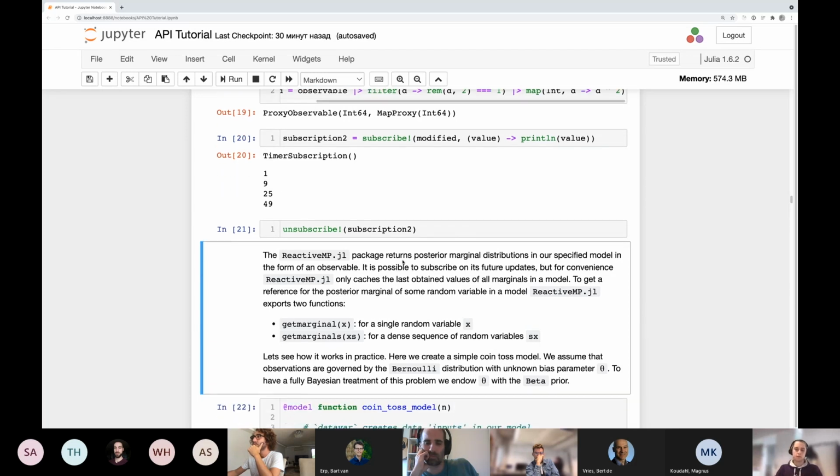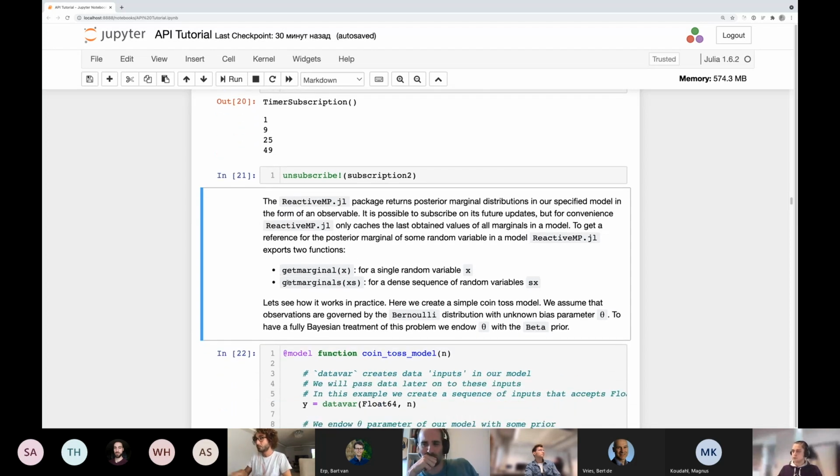And every time we have new data, we pass this new data to our model, and we get an update for our posterior. So this is the general idea. And there are two functions to obtain an observable of our posterior marginals. getmarginal just pulls one single random variable and creates an observable of marginals for that variable. And also, if you have a sequence of random variables, so each posterior returns us a stream of future updates, and this function getmarginals with an s at the end